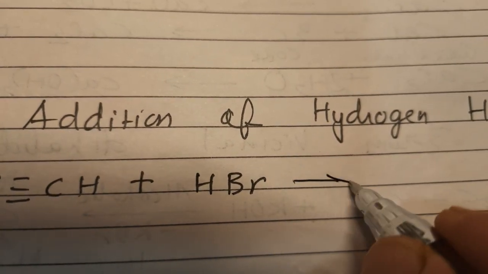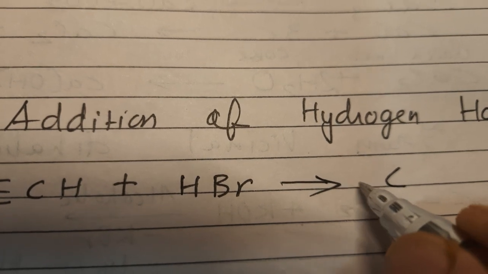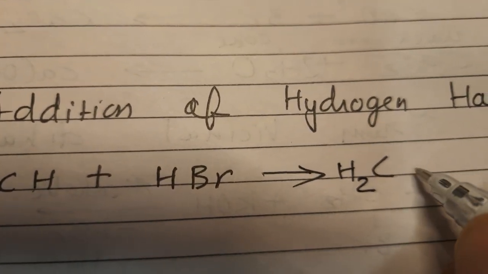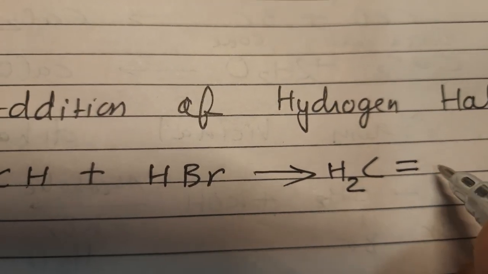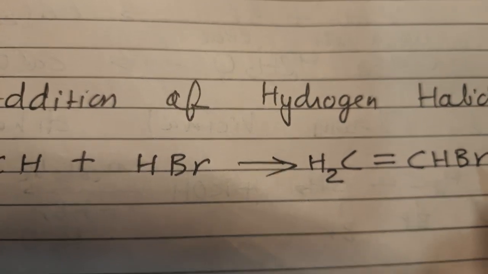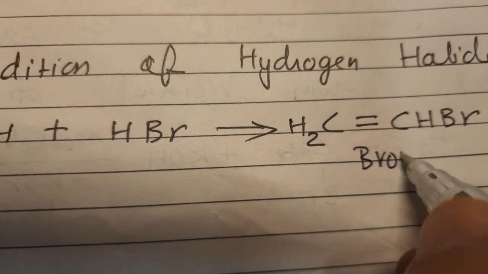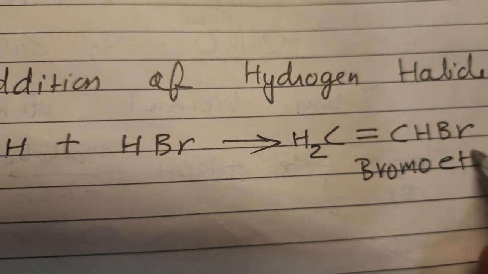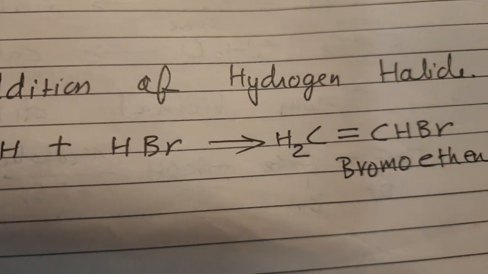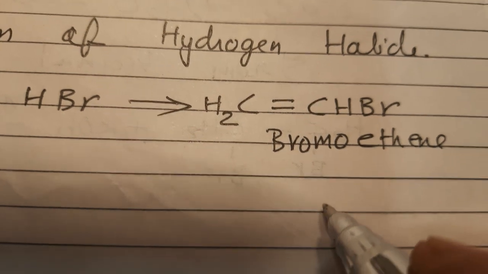It will first form H and Br. Both will be added. So it will become CH2 double bond CHBr. Okay, so it will become bromoethene. This bromoethene, when again it is treated with HBr, it will form